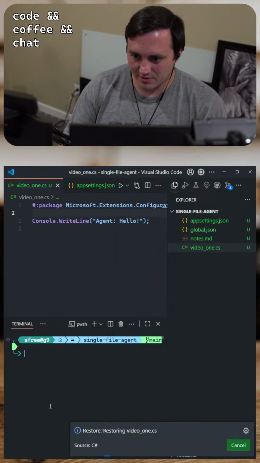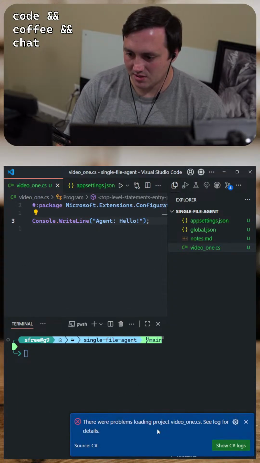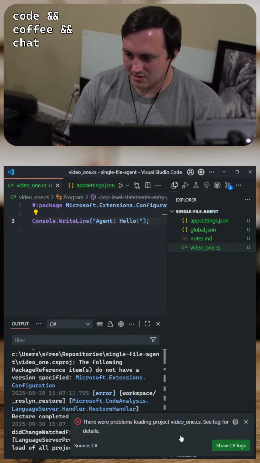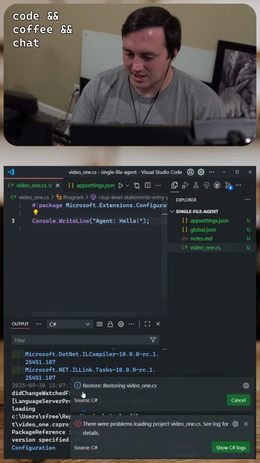And I think if I run this, it'll restore. Yeah, oh, it already did. Restoring. Why is this complaining? It's like it's stuck in a loop.